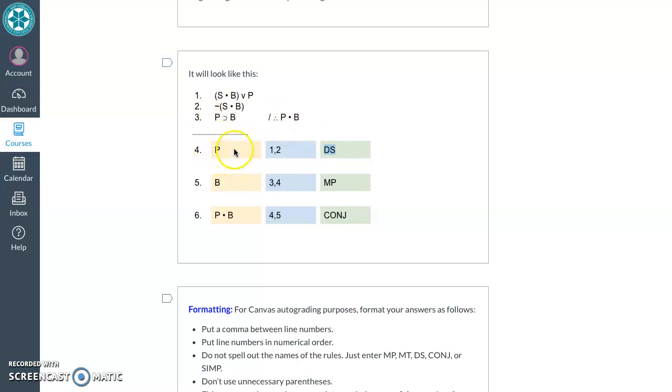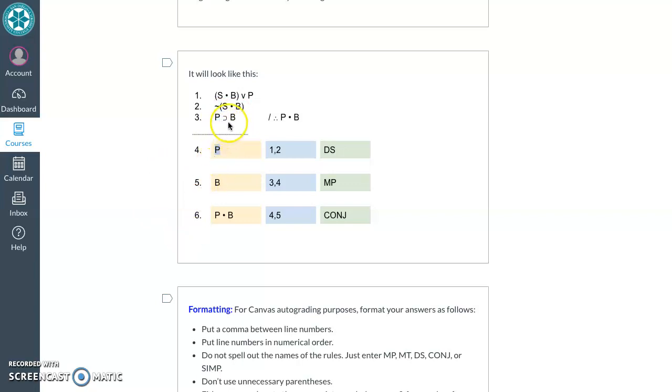Now we have a new thing that we know to be true. If these are true, then this also has to be true. We proved it. So this is another piece that we have to work with. Now I have a conditional on a line, and I also have the antecedent of that conditional on its own